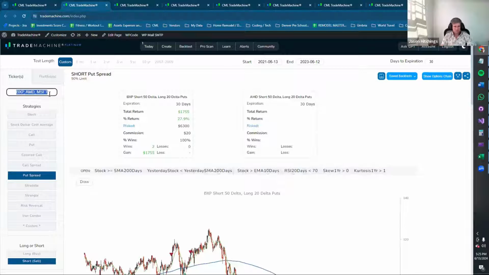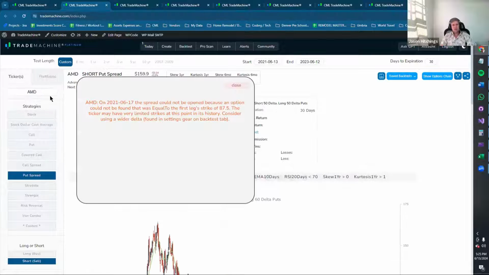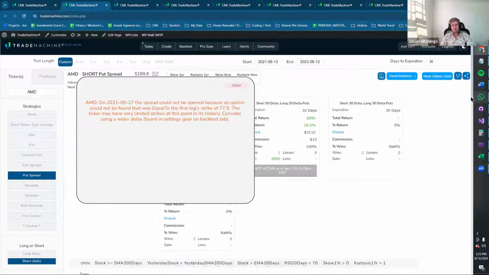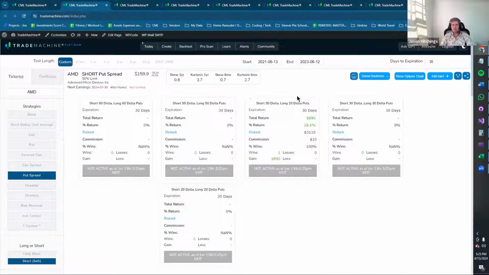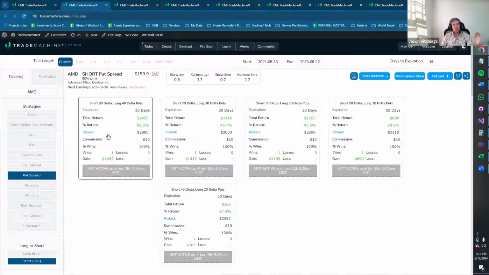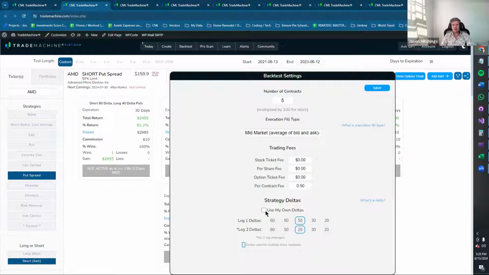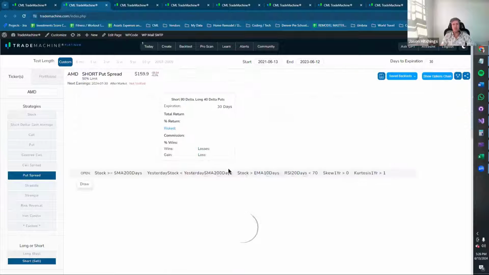If you don't put a comma, if you just say for a stock and there's not a comma there, then what it does is, sorry, that put spread had funny settings here. It didn't like it because of the deltas. If you just put a single stock, then it tries 5 different combinations of strikes for you. They all use the same days to expiration, and it tests the 5 that are here. If you have used custom deltas, it uses these. If you don't, then it uses something that makes sense.